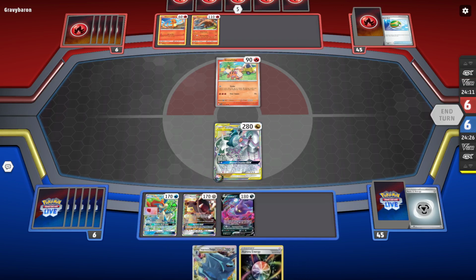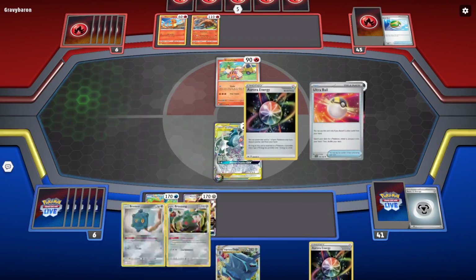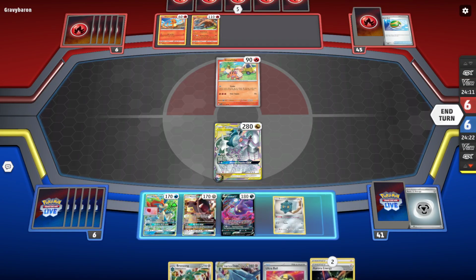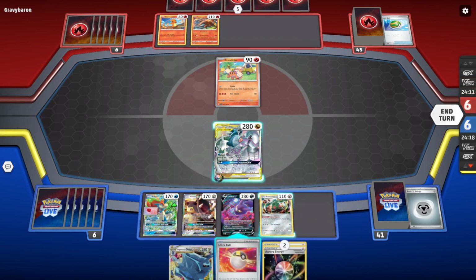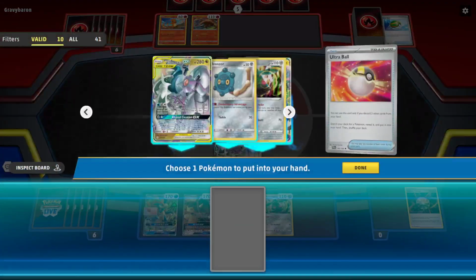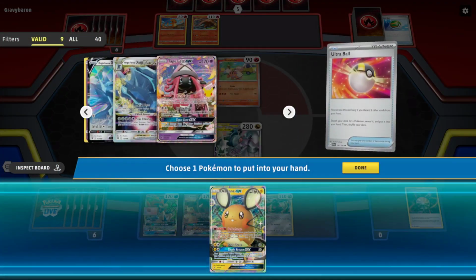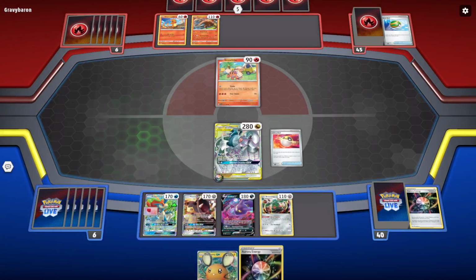I'm just going to Crobat. As I said, putting the Mawile into play doesn't feel great, but it's kind of what we have to do. Oh, wow, and this is actually very nice. It doesn't guarantee that we'll be able to attack, but it puts us in a really good position. I'm gonna grab Dedenne-GX out of the deck. I could have grabbed Tapu Lele to grab Research, but I'll grab Dedenne, allowing us to discard